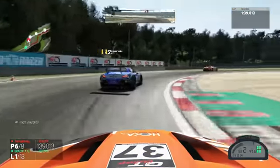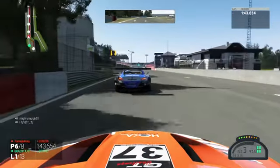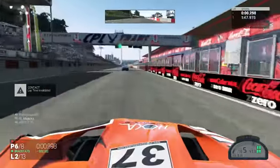So now we're after the race 1 winner, Formula 1 Rocks. We're going to try and make a move here on the fellow BMW driver in the slipstream, and oh my god, race over,